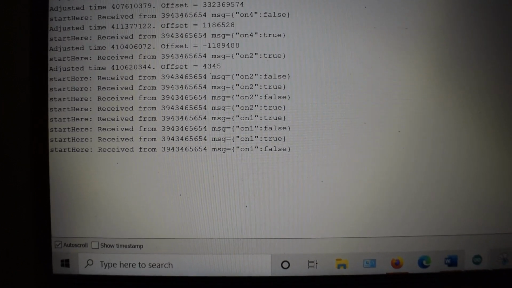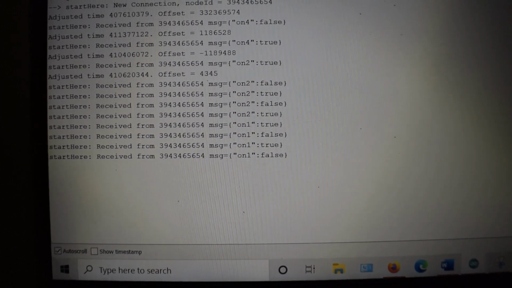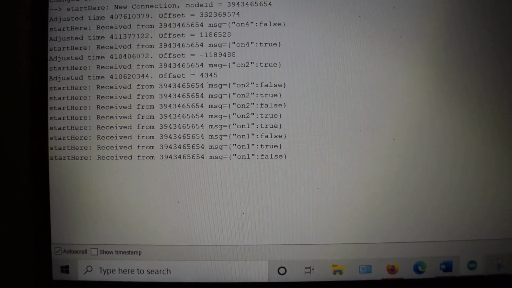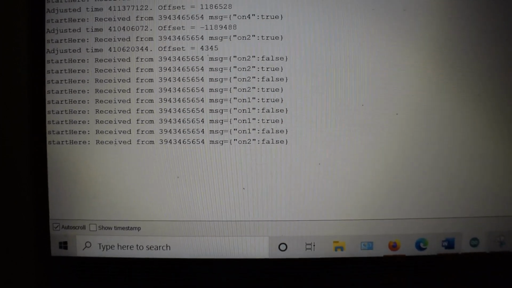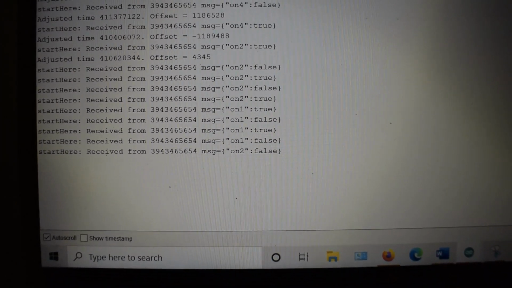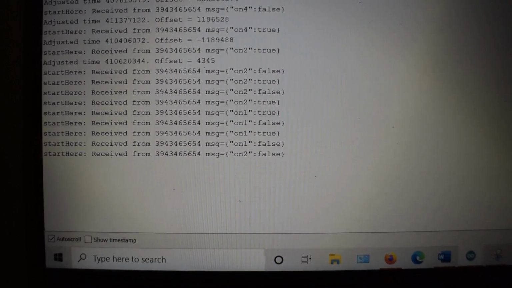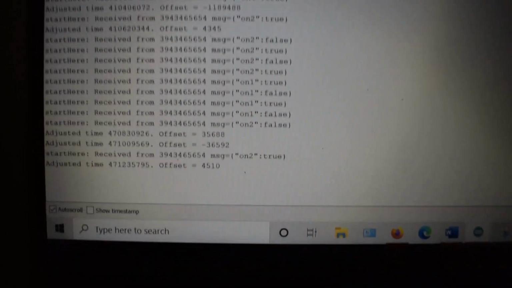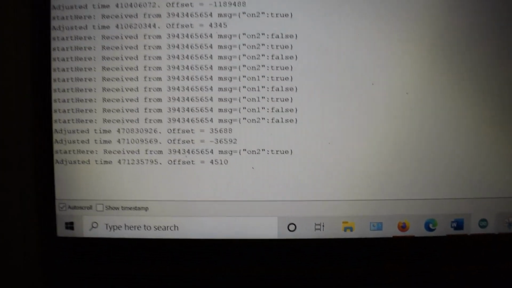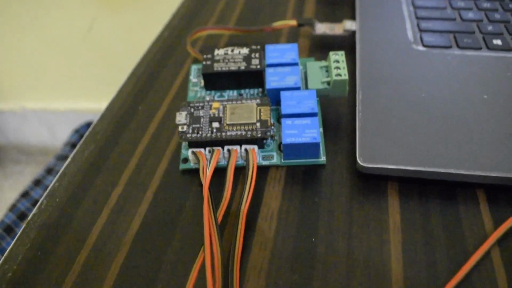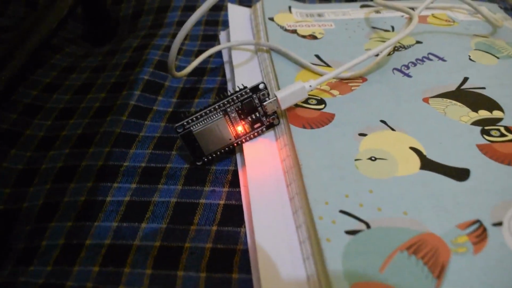Now I am going to press the second one, on 2 true. Now I am again pressing the same button, on 2 false. So that means whenever we press any button on our board, the data is being sent to the ESP32, which is right here.